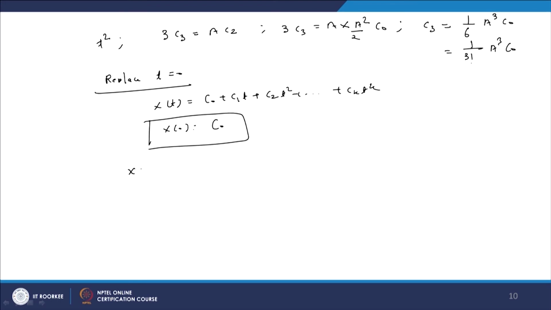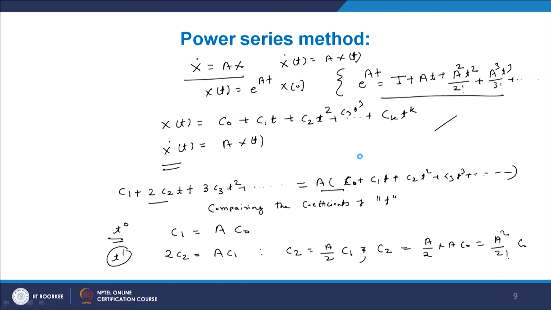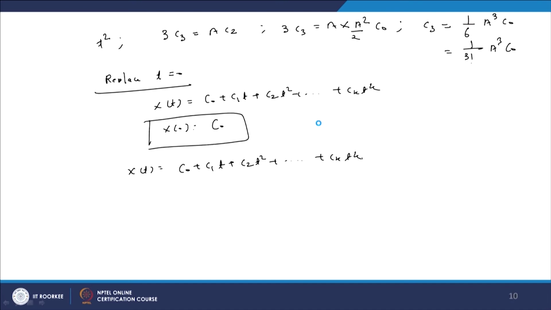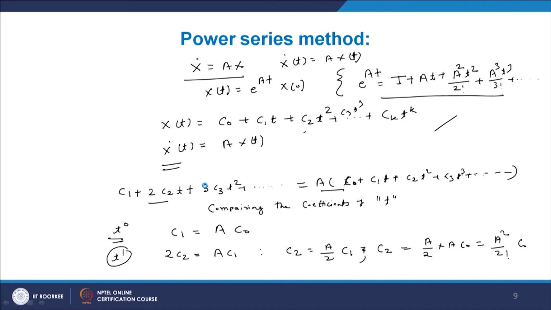That is x of t equal to C0 + C1 t + C2 t square up to Ck into t to the k. So, we have got all values of C0, C1, C2 up to Ck, and C3 into t cube, this portion. We got all values, and now we try to replace. So, if you replace, what is the value of C1? You will find C1 equals A into C naught, C2 equals A square by factorial 2 into C naught,